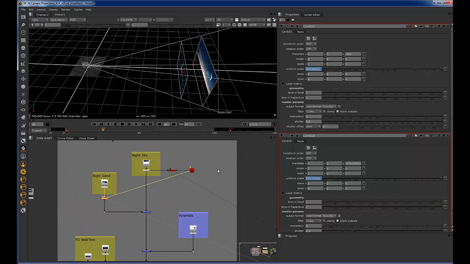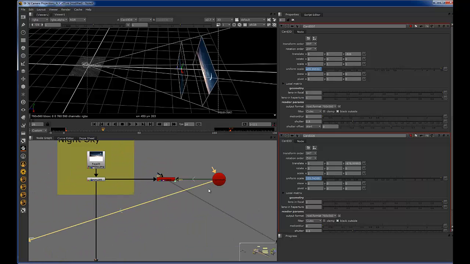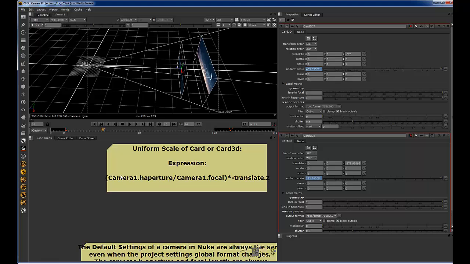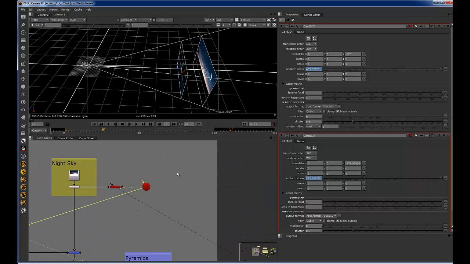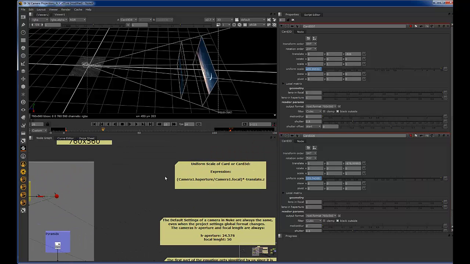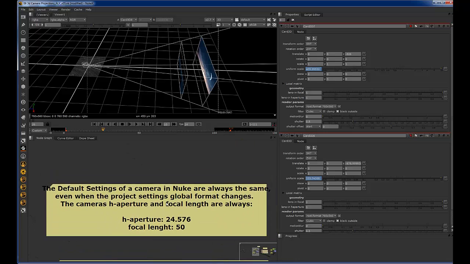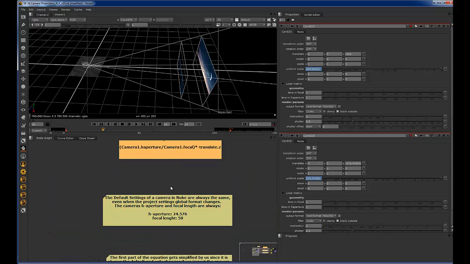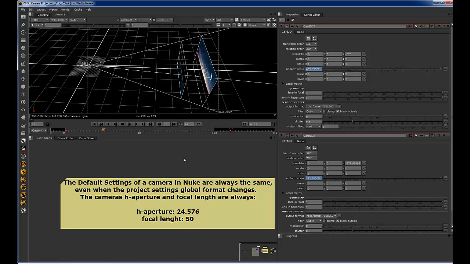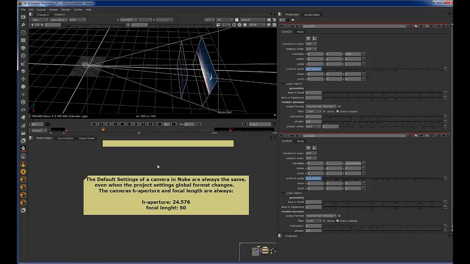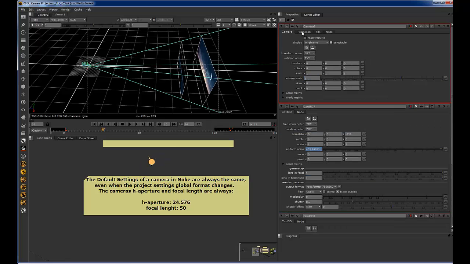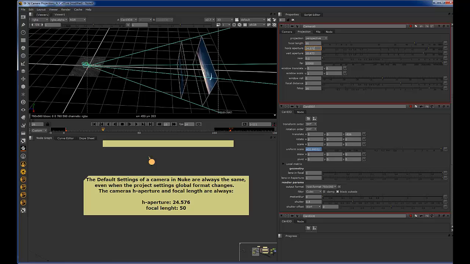Now, you're going to say, well, that's going to be really hard for me to remember all this dragging camera aperture and all these focal lengths and all this jazz. There is actually an easier way. We're going to luck out on this one. So I explained it here, and for the sake of remembering myself, the default settings of a camera in Nuke are always the same. So if I make a camera, the defaults of the focal length and the horizontal aperture are always 50 and